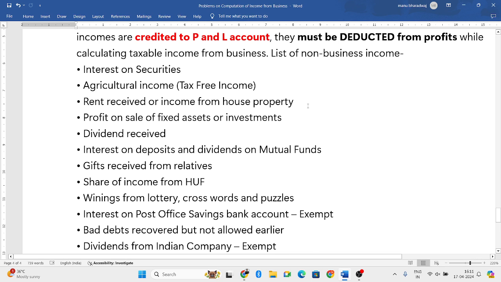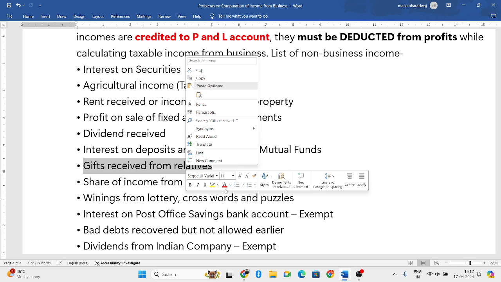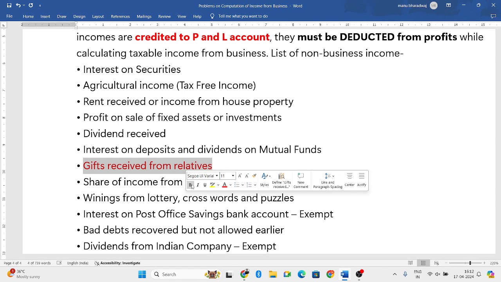Rent received or income received from house property is a non-business income. Any investments or fixed assets you have sold, again that is not your main business activity, so it is a non-business income. Dividend received, same. Interest on deposits, mutual funds, anything that is not your main business, is inadmissible. Gifts received from relatives are nowhere concerned with your business, so it is a non-business income. Share of income from HUF, Hindu